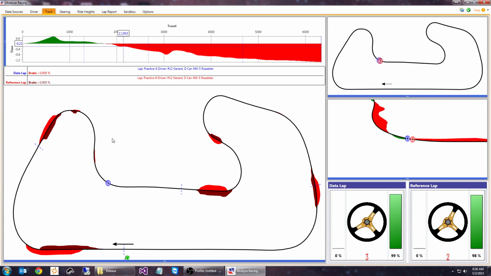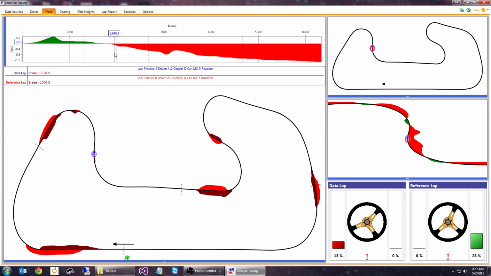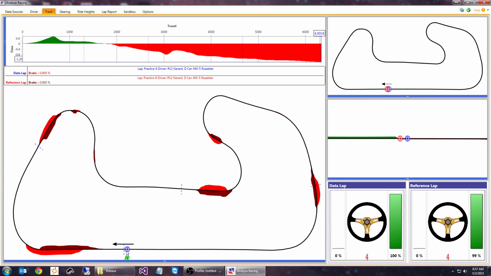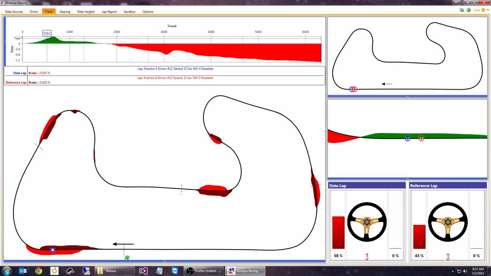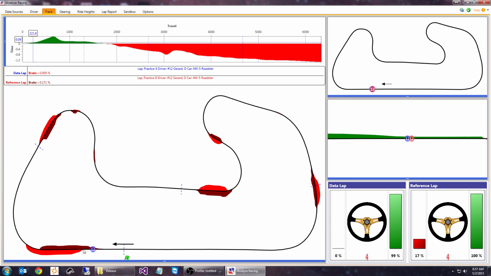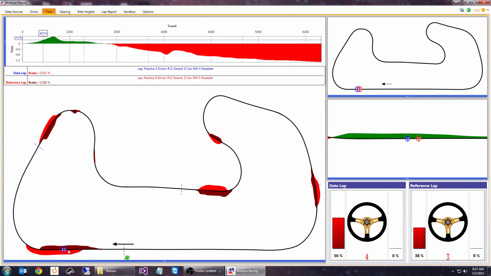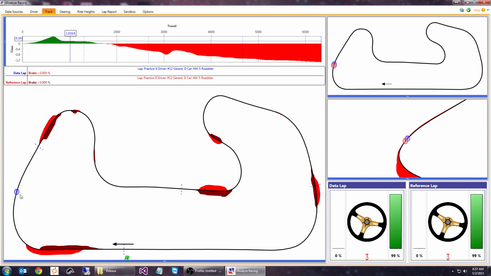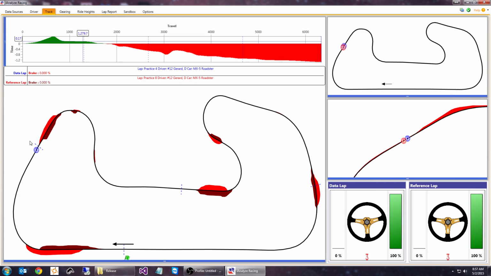And between that and the time gained lost plot, you can get a really good idea of where you're gaining and losing time. So, for example, at the start-finish, we're coming across start-finish, and we know that the data lap is faster because it's got the green time and all of that. And look, I started braking way too early in the reference lap, the dark red, in comparison. Now, having said that, I think it also set me up so that I was able to carry more speed down the straight and reduce the size of the gap that the data lap had, and then come into our next